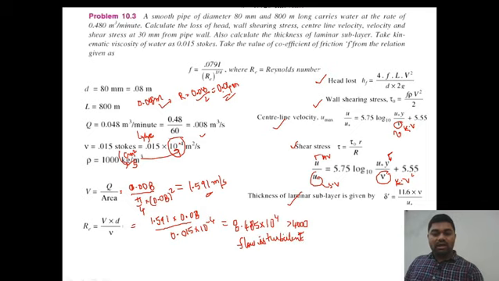As the Reynolds number, 8.485 into 10 to the power of 4, is greater than 4000, the flow is turbulent. If the flow is turbulent, then the coefficient of friction can be determined by the formula 0.0791 divided by Reynolds number to the power 1 by 4. So, if we find out the coefficient of friction, which is equal to